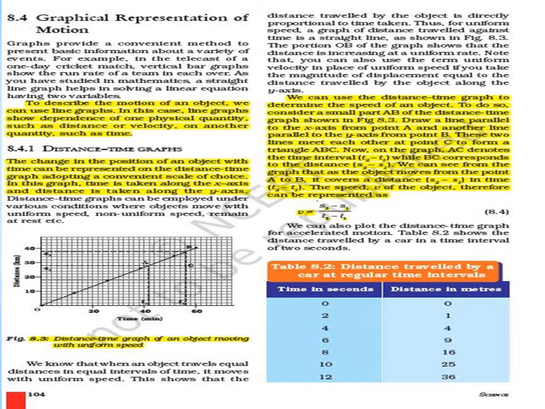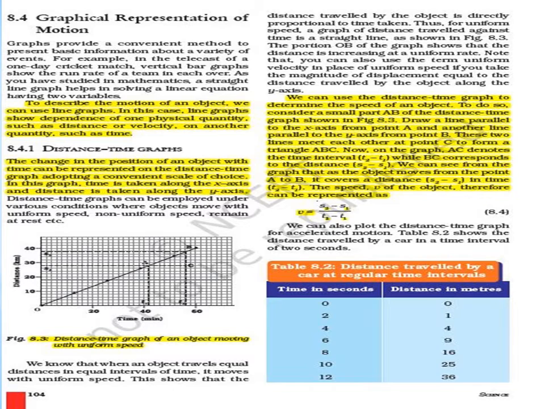Now if we subtract this point and this point, we will get a value, and if we subtract this point and this point, we will get a value, and if we subtract this point and this point, we will get another value, and in each of the three cases we will get the same value. So this is known as the uniform motion. So from this distance time graph we can determine the speed of our object.